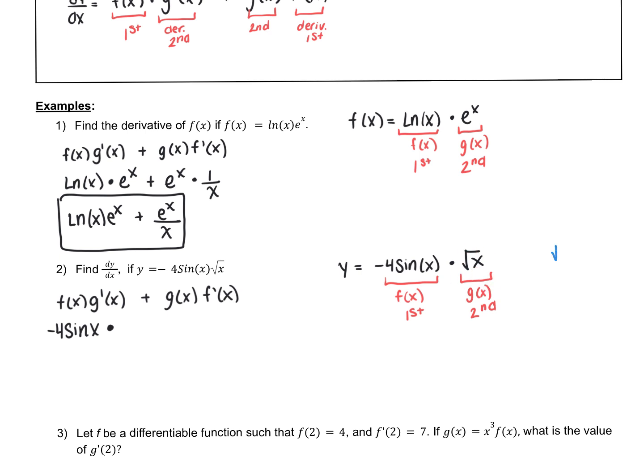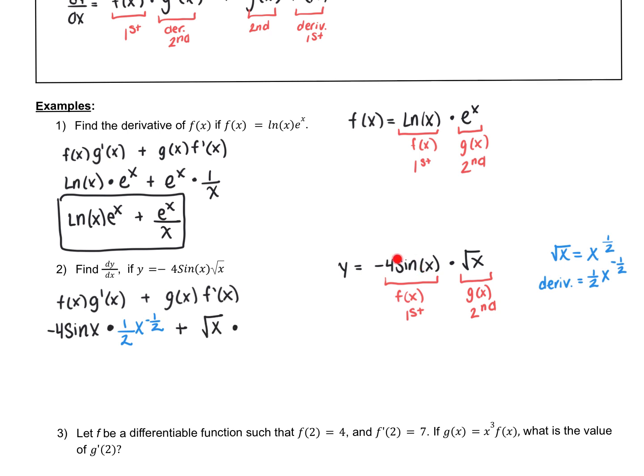So we know that radical x is the same thing as x to the 1/2, and the derivative is when we use the power rule. 1/2 in front, keep the base, decrease the power by 1, so you should get -1/2. So here is 1/2 x to the -1/2, and let's keep going, plus g of x. My g of x is my second, so rad x,